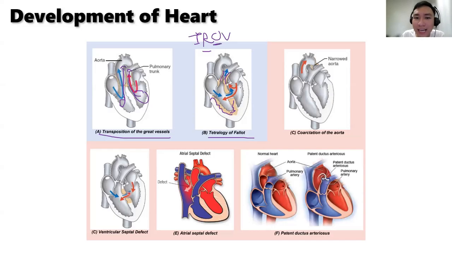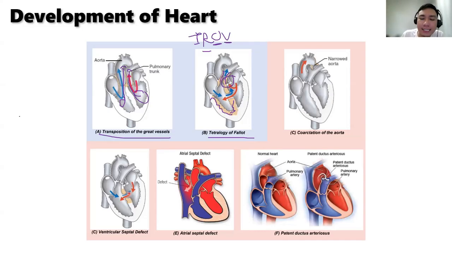O for overriding aorta, meaning yung aorta nag-override both sa right and left ventricle. Meaning, naka-position siya overhead sa right and left ventricle. So, pwede tuloy lumabas yung blood from the right ventricle diretso sa aorta and yung left ventricle also diretso sa aorta. Okay? And V